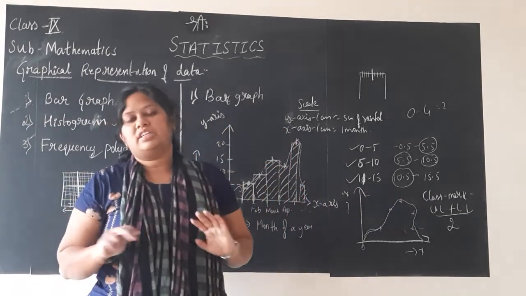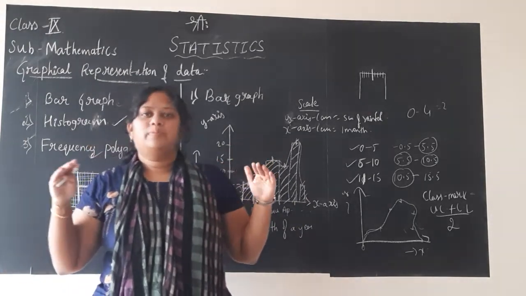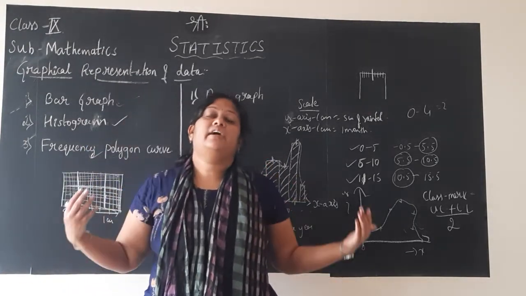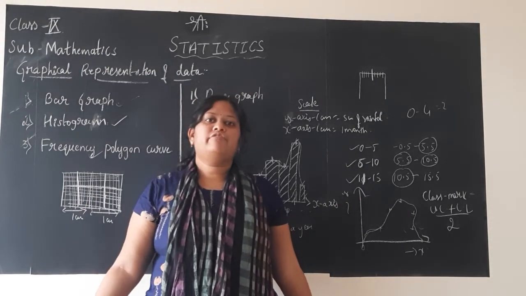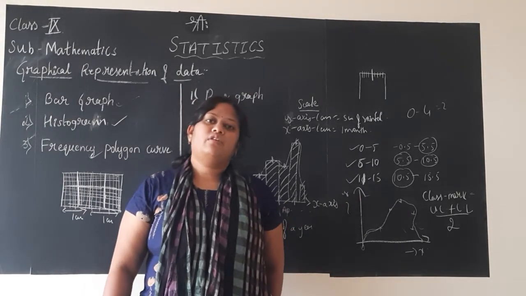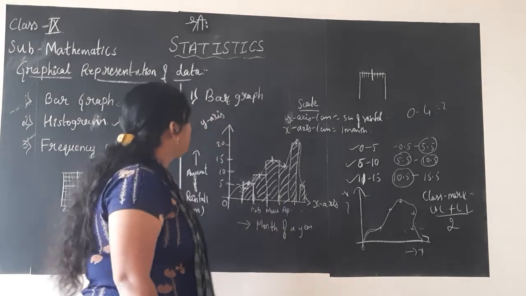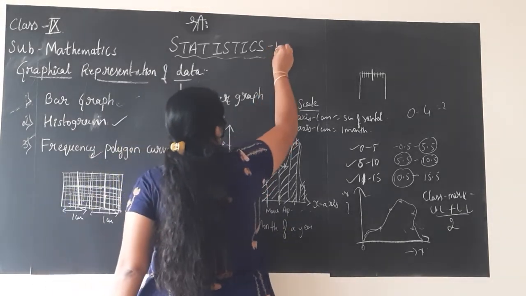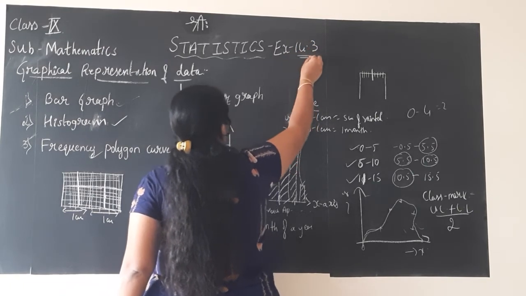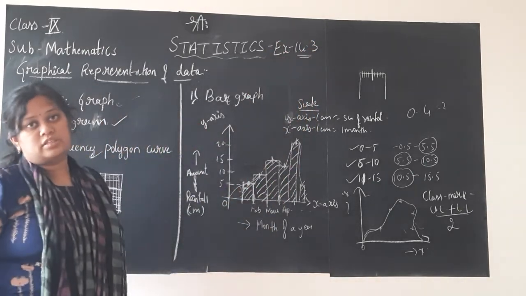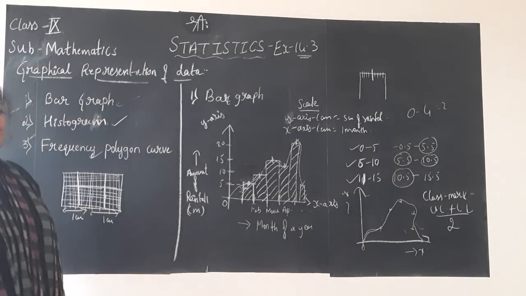This background is roughly enough to learn, children. So there are 9 problems in the exercise. If you practice those, that is more than enough. I am directly going to solve exercise 14.3. So please, as and when you watch the video, do it directly in your graph books. Do it directly in the graph books.